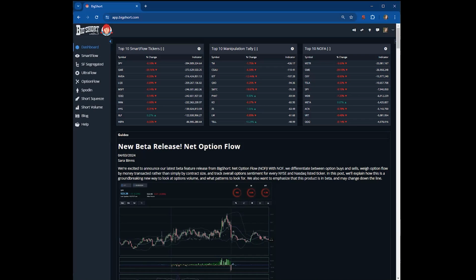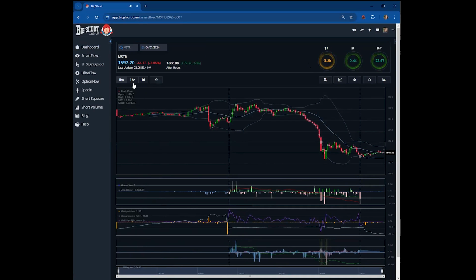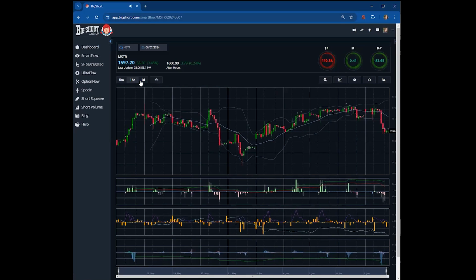What would be on each of those numbers that you're seeing? Like if we saw a NOFA that's really high, is there a NOFA that we should really pay attention to? So like SPY NOFA minus 7 million? Oh, you mean like this indicator level? Yeah, I think that it's particular to every ticker because every ticker has different options volume. It's in dollars, so I imagine it would be relative to